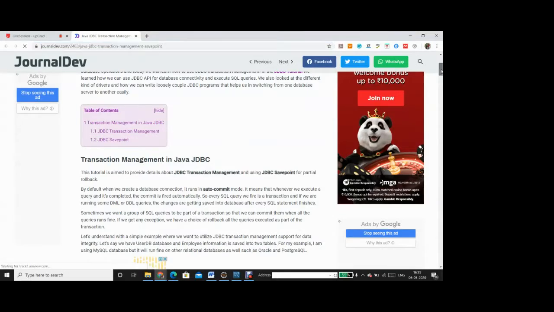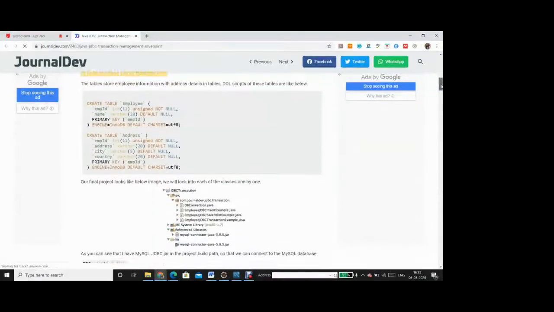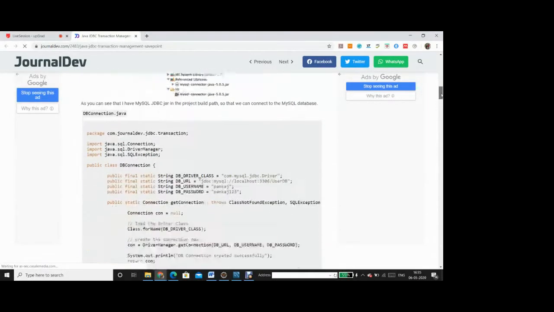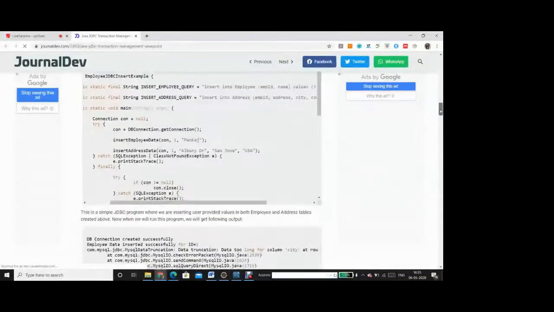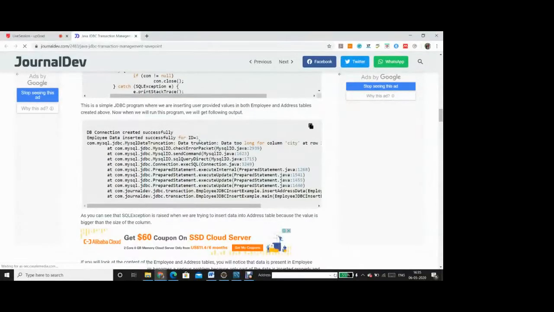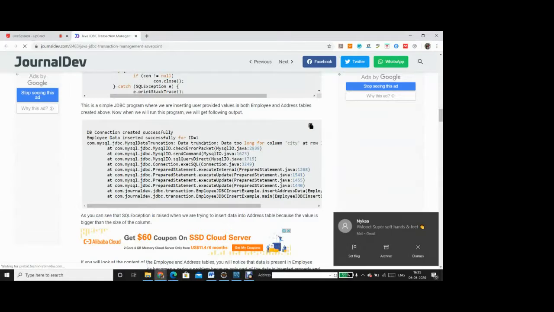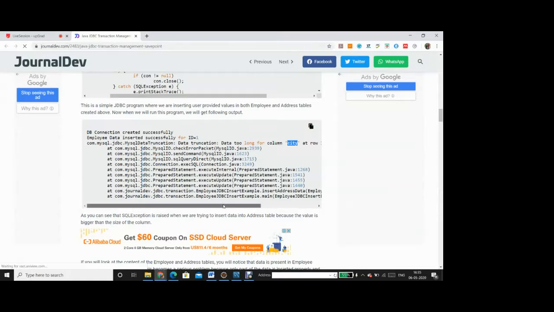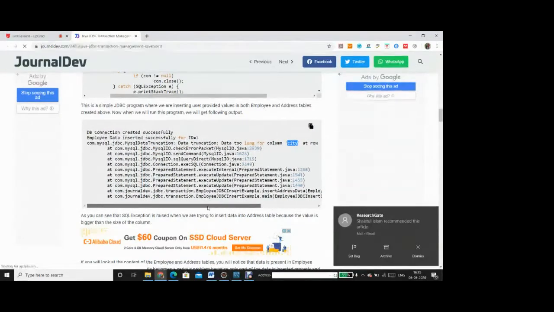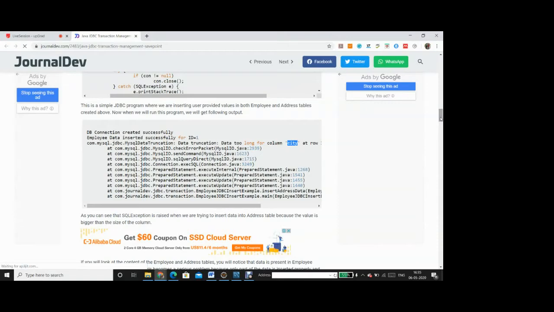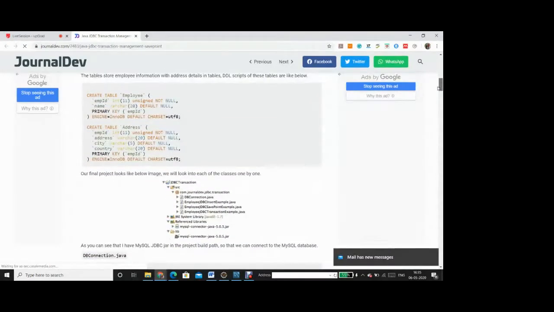The way I have explained how within a transaction a particular SQL query may fail, they have also given a similar situation, where you try to insert a value into the city column, and at row number 1 the value is not inserted because the data is too long. You can see they have also given the create table, and in it the city column has only varchar of length 5.